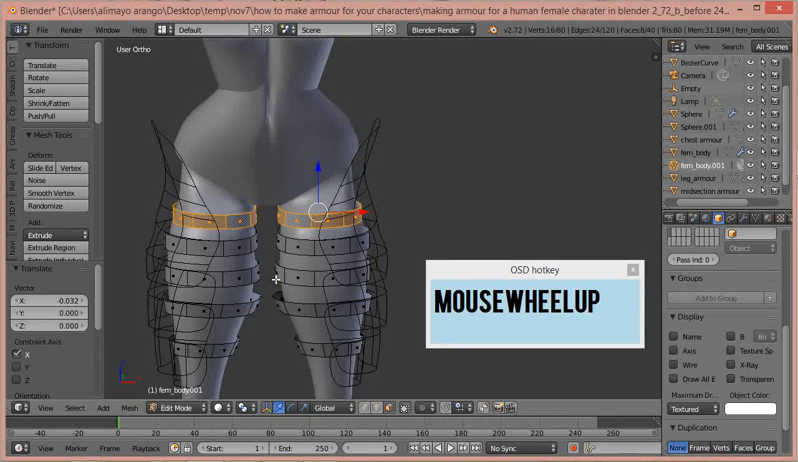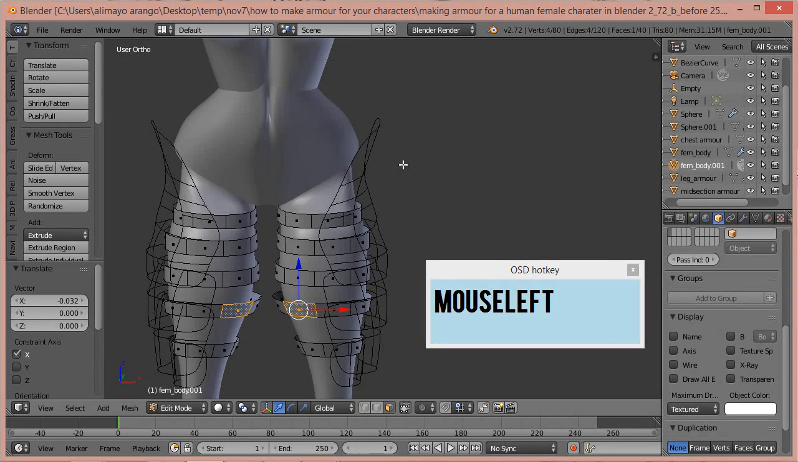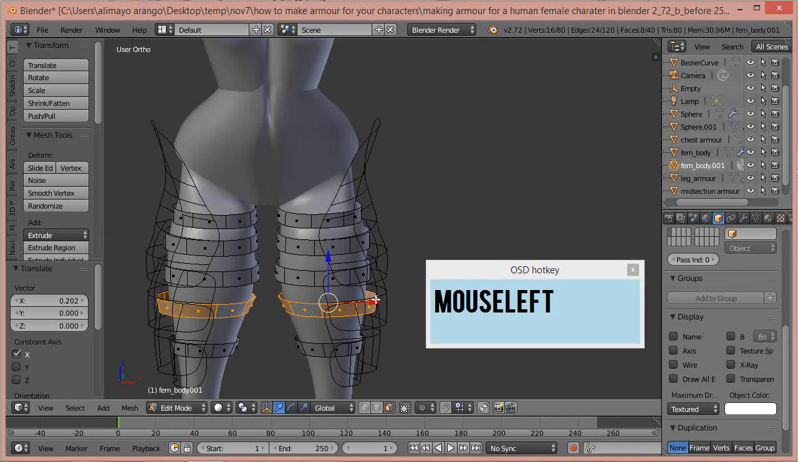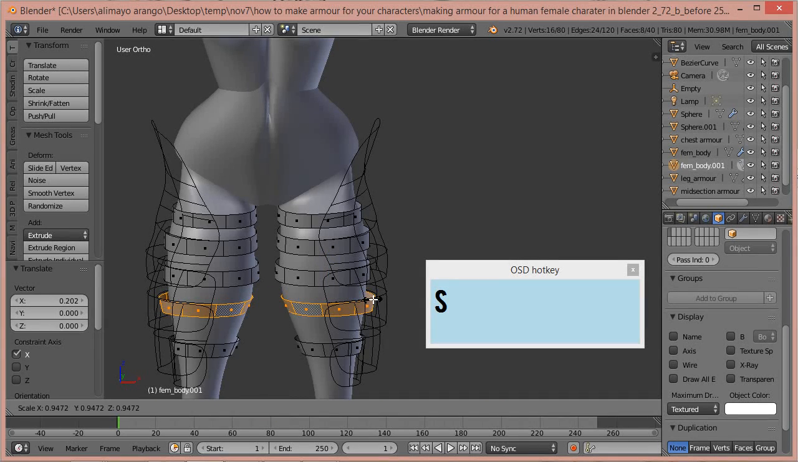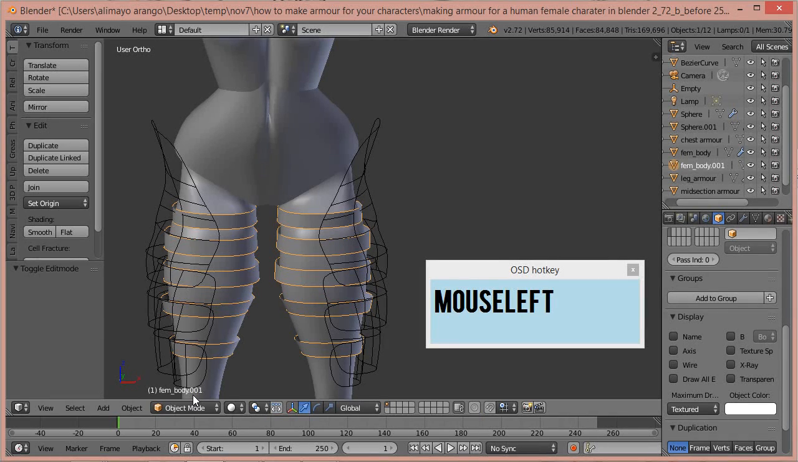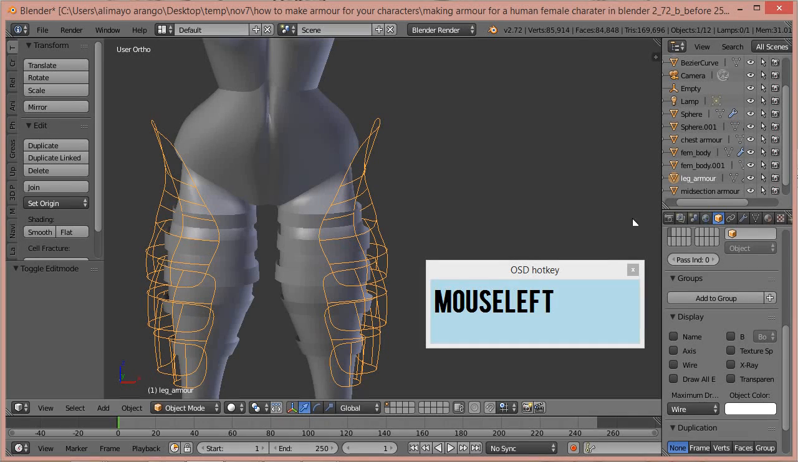I'm thinking I'm going to select here. I'm going to press Control L to grab that entire loop cut. I'm going to push this over some. I'm going to hit S to scale some. That looks pretty good. Okay, now we're going to click here and go back into object mode. I'm going to select here, change this back from